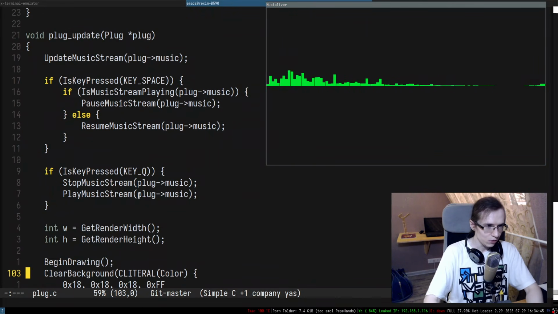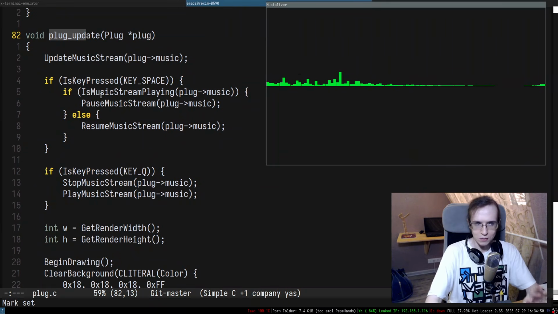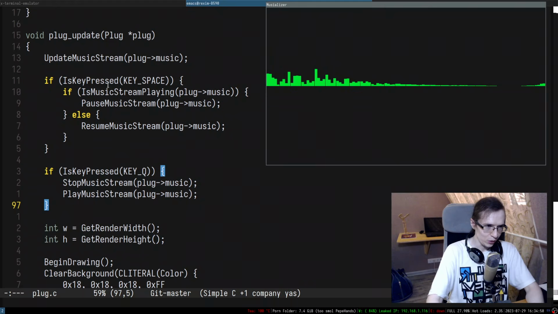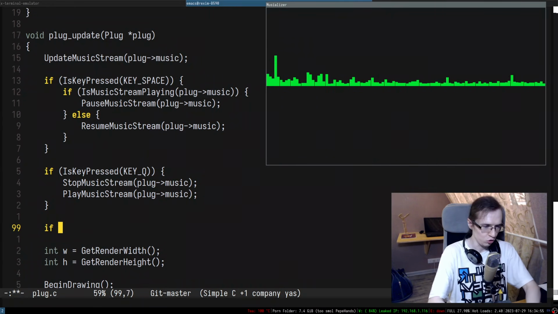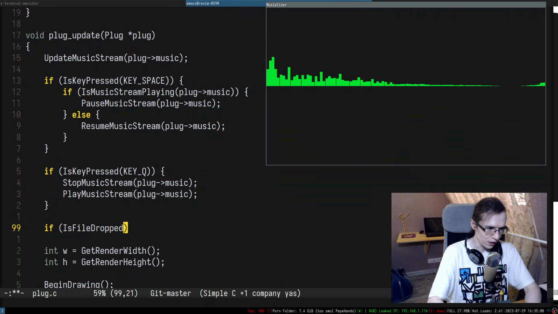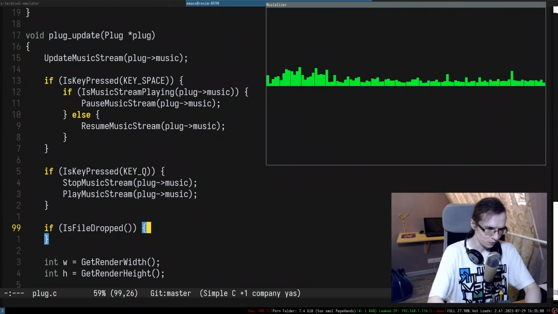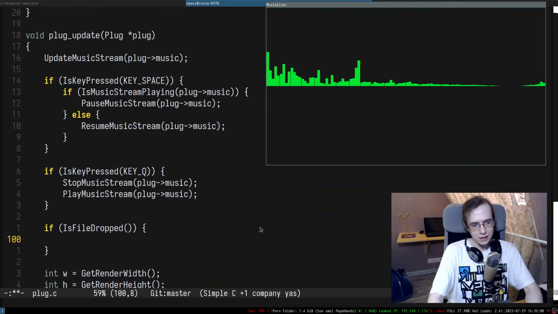And let's go. So essentially you can think about plug update as the single iteration of the event loop. That means somewhere here, after we handled the keys, we need to check whether a particular file was dropped. Is file dropped? There we go. And I don't really know what exactly we're gonna do in here. So maybe